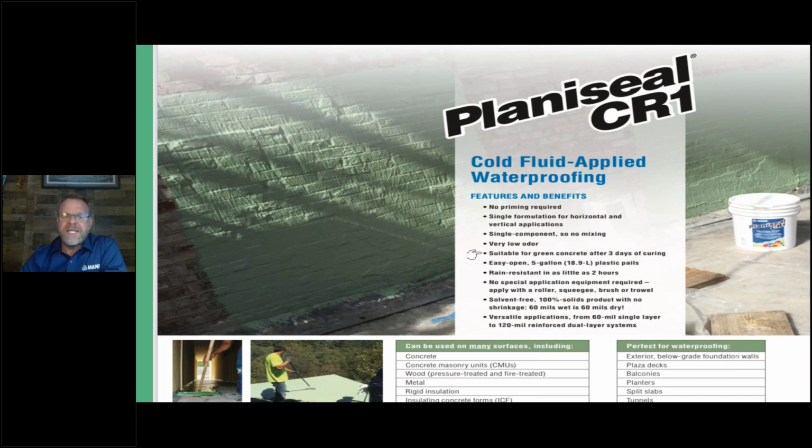And once the CR1 is applied, it's rain resistant in as little as, let me get my pointer going here. Yeah, it's rain resistant in as little as 2 hours. And the reason for that is that it skins over in about 2 hours. So what does that mean? I don't know what area of the country you live in. I know here in Louisiana,